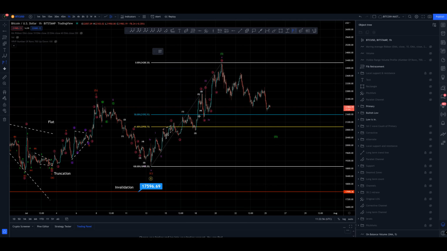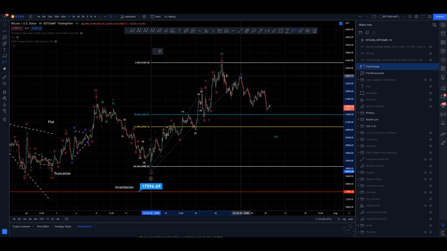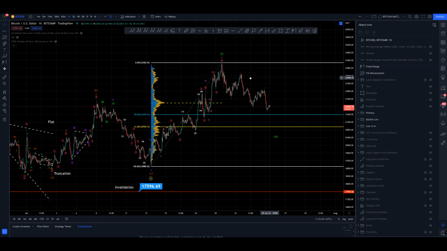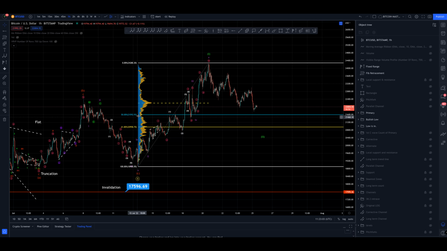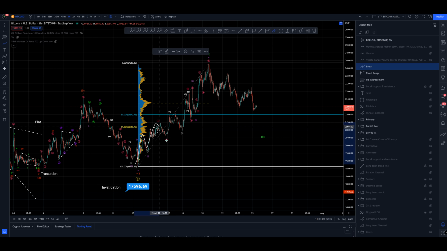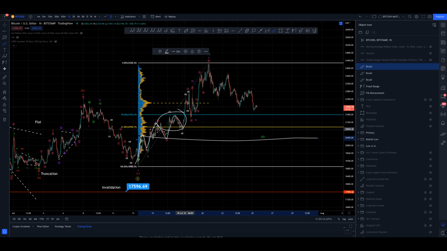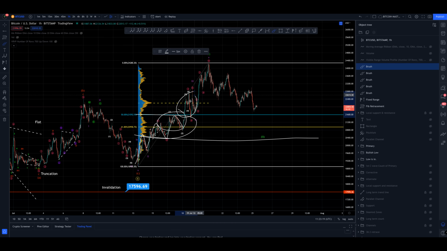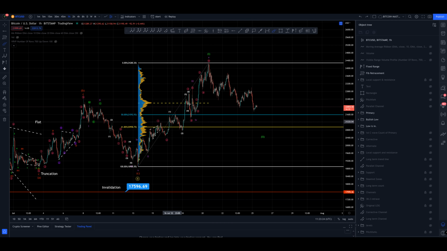Let's look at some local volume profiling for this impulse up, project it forward. Okay, coming back into our point of control here, there is some demand here, as we can see from these previous moves. There's so much overlapping, I'd argue, between the 50 and the 61.8, probably the 78.6 as well, if we're going to come lower. We're currently trading in this part of the volume profile, and amongst this demand. So there's so much overlapping mess in this move up that we could find a low really anywhere from now. A touch of the 50 would be nice, a touch of the 61.8 would be nicer.